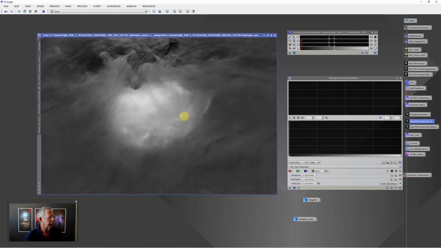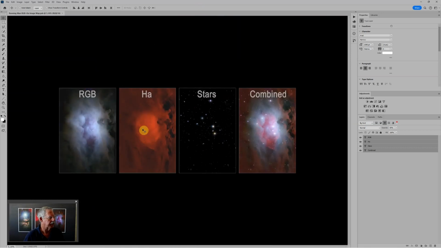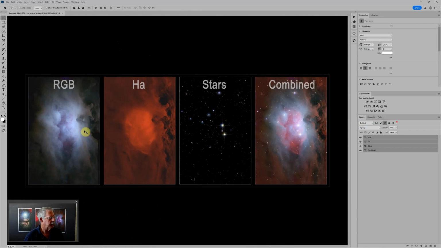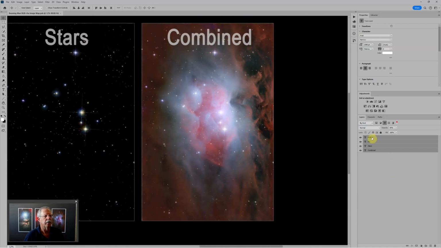There's our finished starless HA image, so we'll save that as a 16-bit TIFF. And at this point we're done with PixInsight, and so we'll go to Photoshop, and you can kind of see now where these three images came from. We created a starless RGB image, we created an image of just the hydrogen alpha, and we created an image of just the stars. And if we look over here on the right, let me zoom in on this,